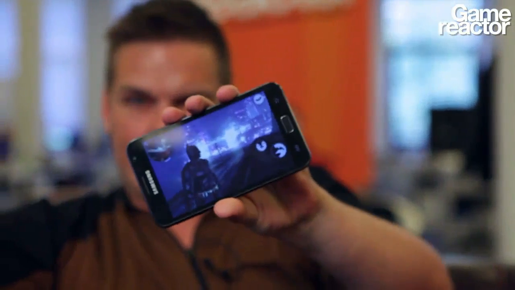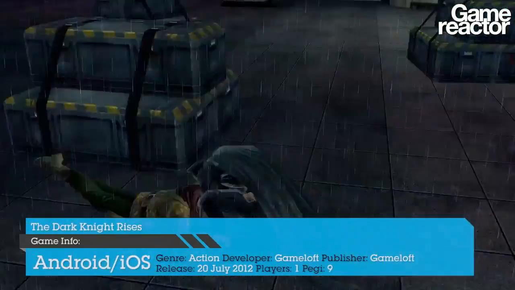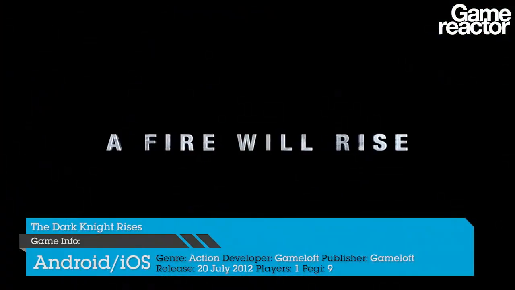But I know that Spider-Man isn't the only superhero game you've been playing on your Android device. Yes, that's true. You've also been taking care of the Batman. Yes, as you can see here, Batman based on Dark Knight Rises, the movie. Ooh. And actually, I'm not going to spoil anything, but it follows the plot